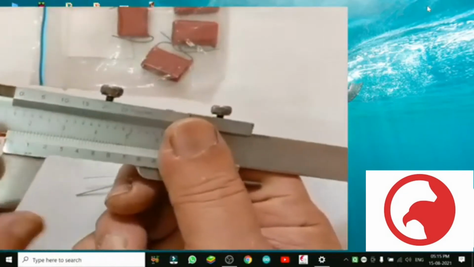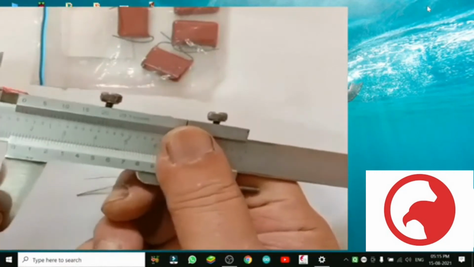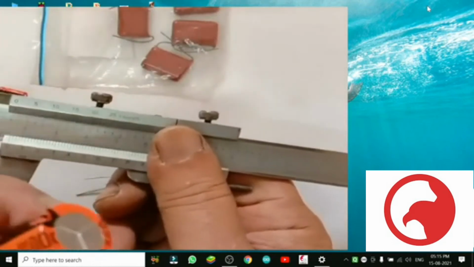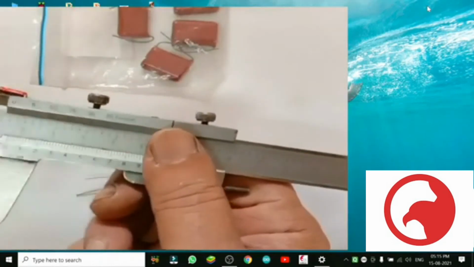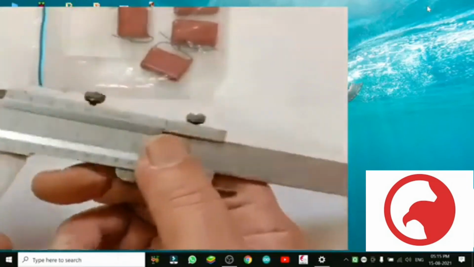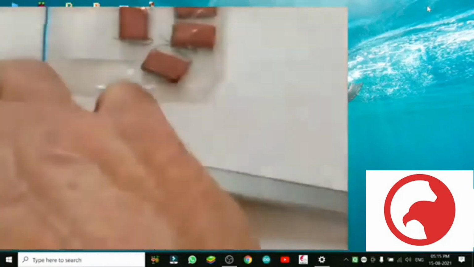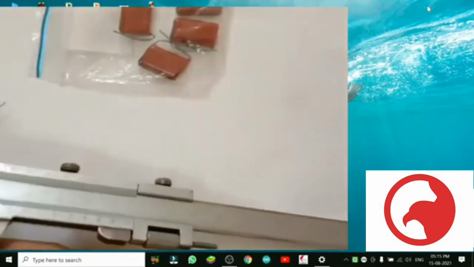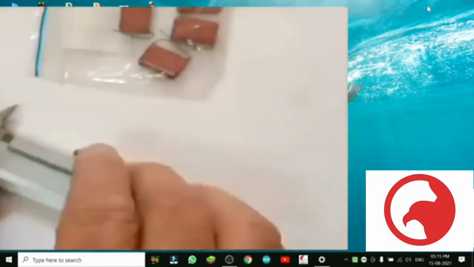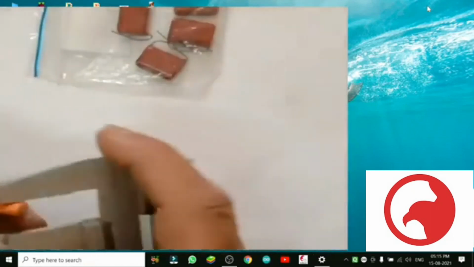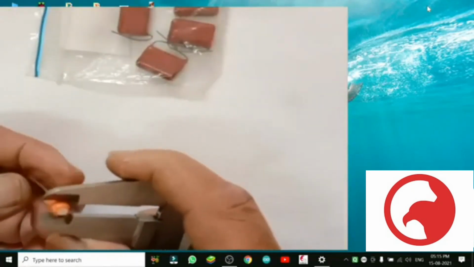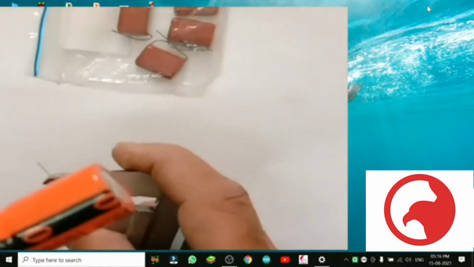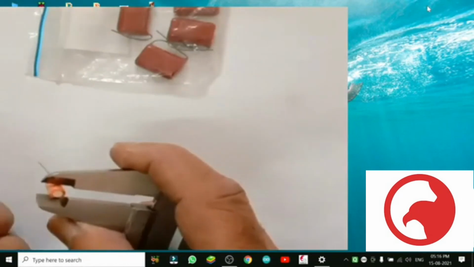So in between 13 to 16 we can choose any dia. It will not make much effect, but better to select the perfect one. So you can also do that. Keep some components with you, and with a vernier caliper, or with the scale, near about you can get it. No need for vernier caliper. It is by chance with me. By simple scale also, near about mm dia you can check it.